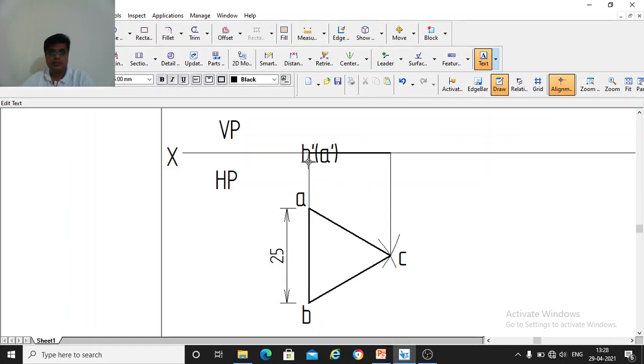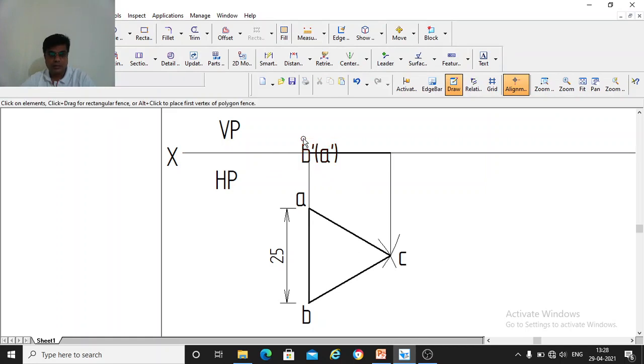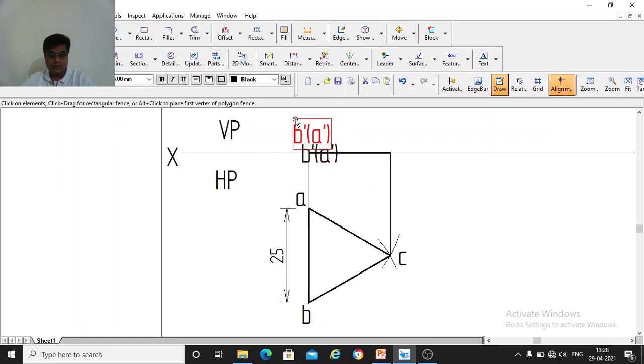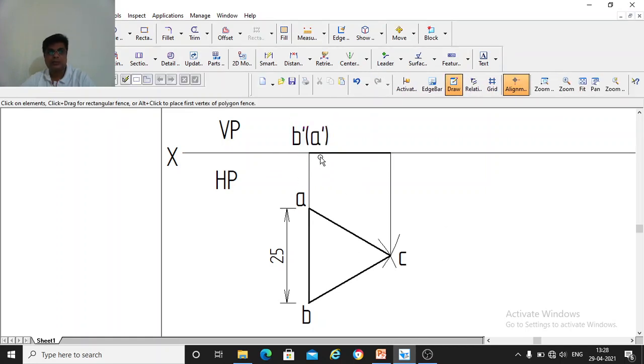So this point is a dash b dash. Since you are seeing from the front, B is seen in front, A is behind, so put that a dash in the bracket. So dash is for the front view of points A and B.